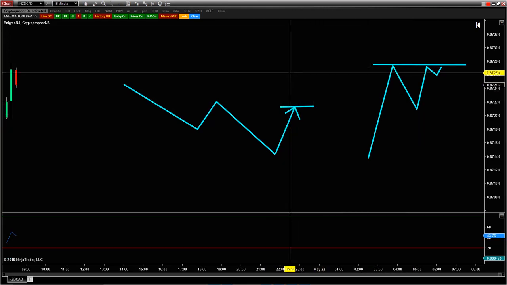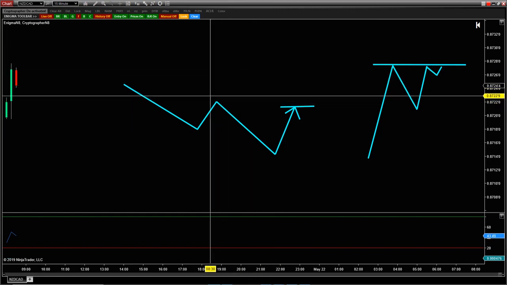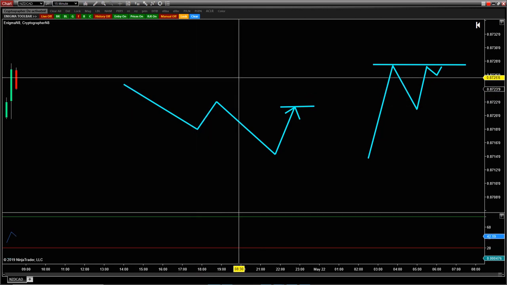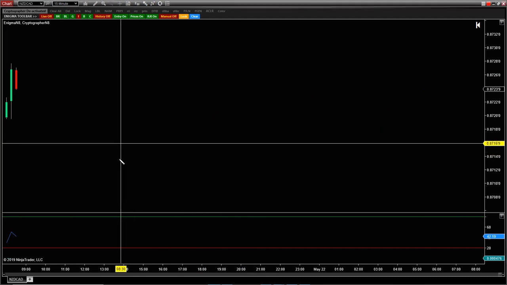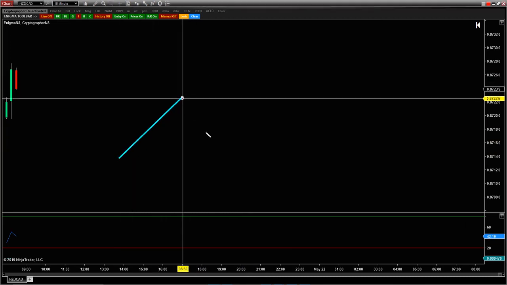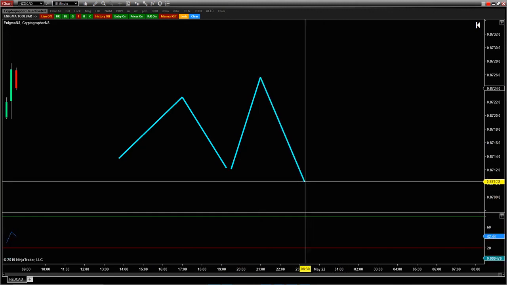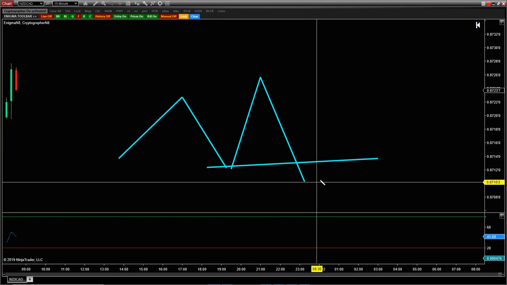Obviously, you trade whatever system works for you. But I think playing every break can get dangerous, especially in consolidation, because in consolidation you're going to have stuff like this, where the market, just like the dollar yen, is doing this. If you're playing every break, there's a chance you can get whipsawed to death.